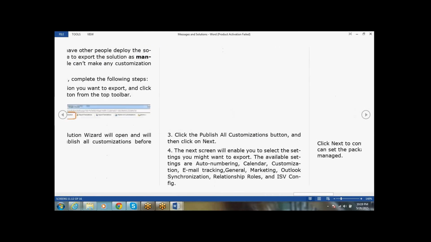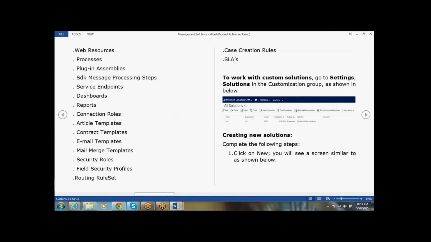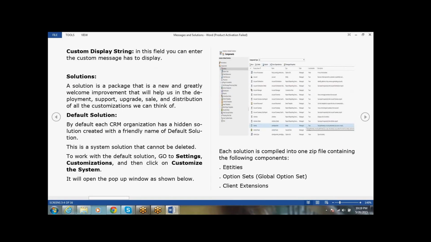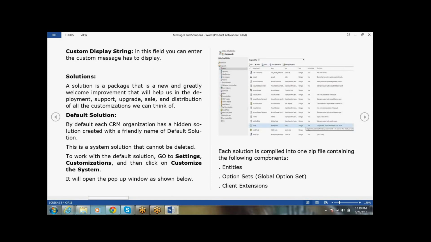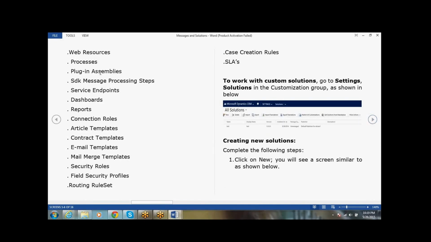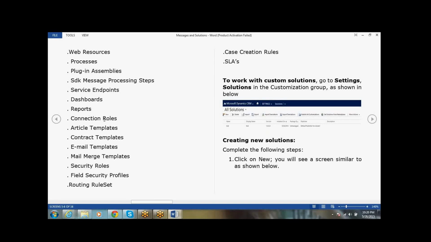Each solution is compiled in one zip file and contains the following components: whatever elements you are seeing here, such as entities, option sets, client extensions, web resources, processes, plugin assemblies, SDK messages, service endpoints, dashboards, reports, connection roles, article templates and contact templates.